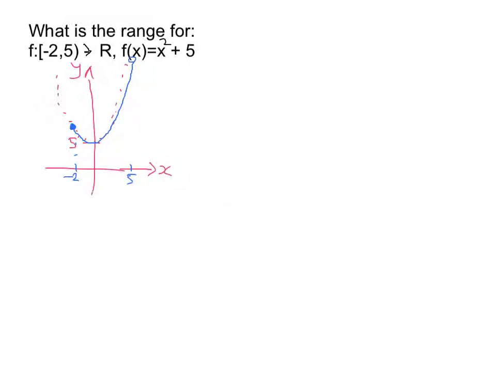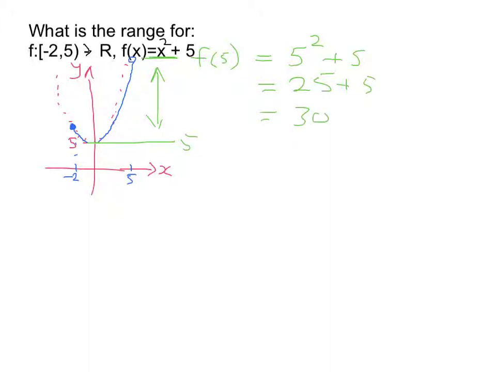So that's basically the graph that we're looking at, and what we need to think about with our range is the lowest point to the highest point. So the lowest point here is at 5, and the highest point here is at the function of 5. And that there is our range. So what we need to do is actually evaluate what the function of 5 is, and that will be equal to 5 squared plus 5, which is equal to 25 plus 5 equals 30. So that tells us that the range for this particular question